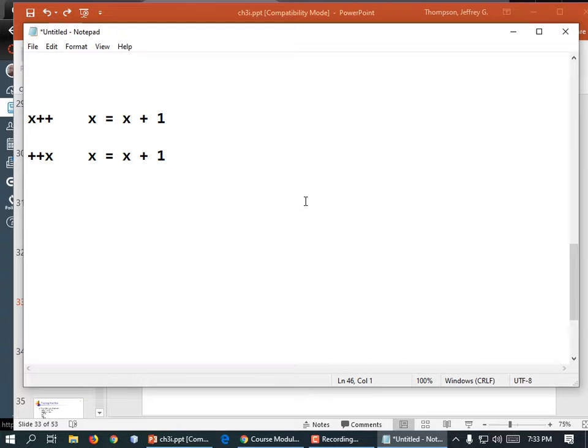The difference is that if you have the ++ in front of the letter, if it's a prefix, it means it's the very first thing that happens in the expression before anything else. And if you have it after the letter, it means it's the very last thing that happens in the expression. We haven't done any code yet, so let's go ahead and